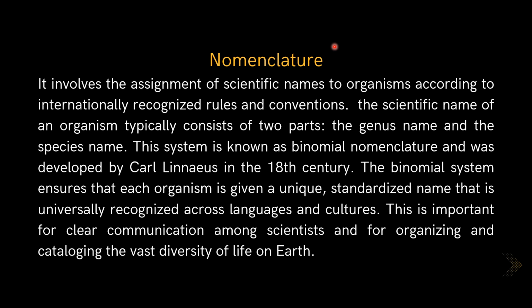Now, there are millions of plants and animals in the world, and we know these plants and animals by our local names. Like in your area, a particular organism or a particular plant is known by one name, and in some other area it is known by some other name. These are the local names of that plant or of that animal, and these local names vary from place to place, even within a country.